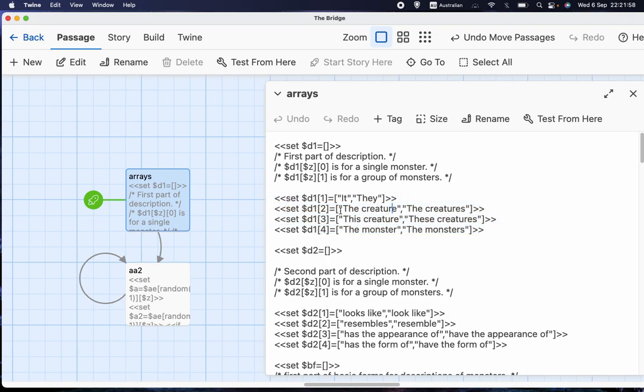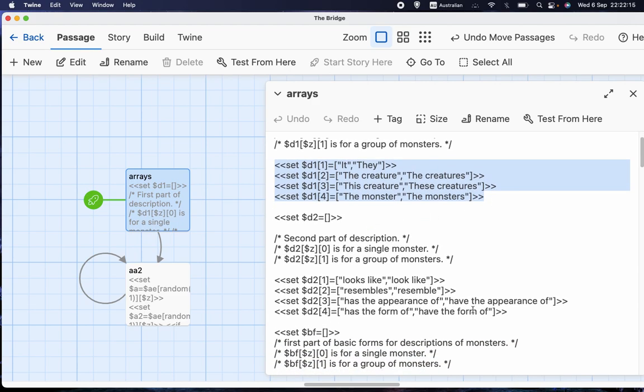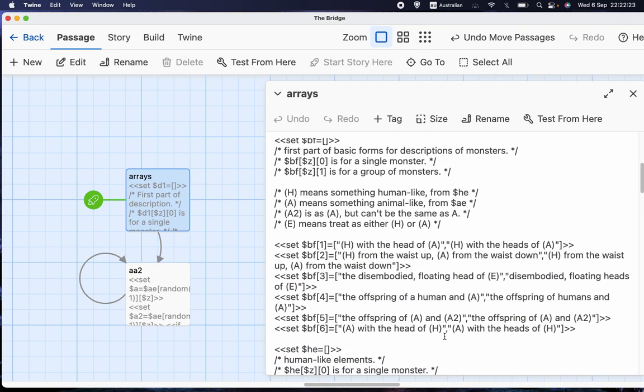So for that reason, most of the arrays are two-dimensional. They have, for example, the creature. Well, you can't say that about a group of creatures. You have to say the creatures. So that's why most of these arrays are two-dimensional. So we have an array that has various options like it, the creature, this creature, the monster, and then another one which is looks like, resembles, has the appearance of, has the form of,